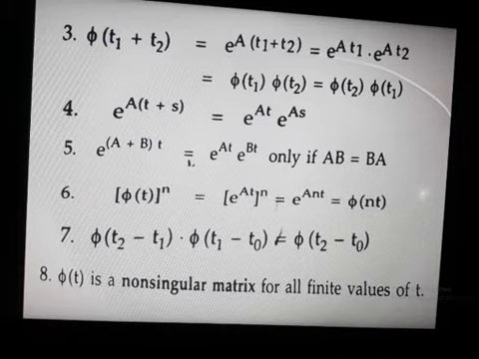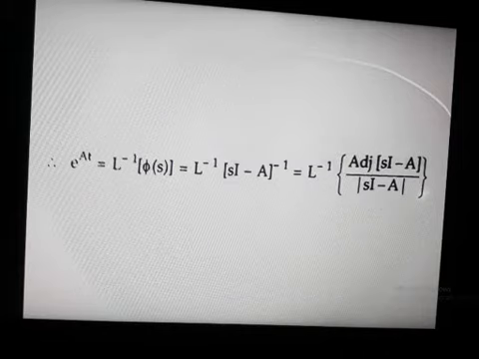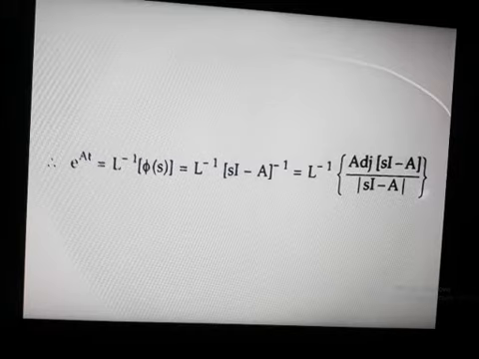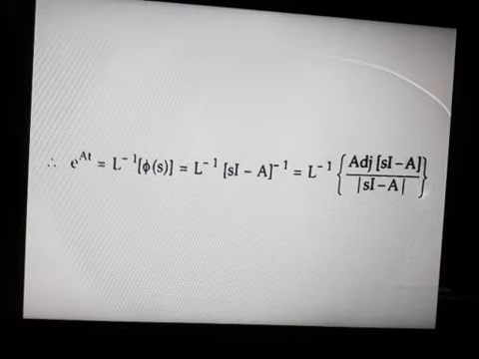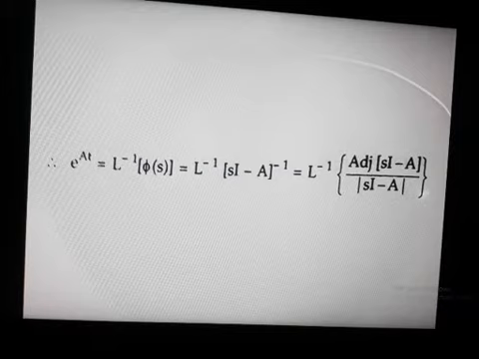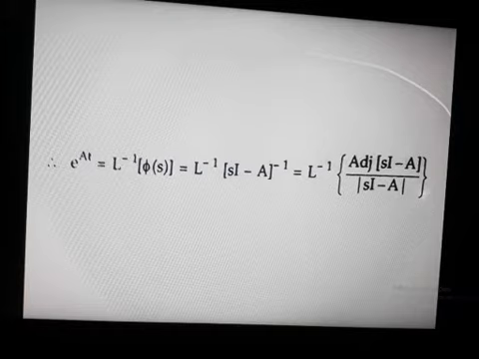Okay. Then if you want to solve problems in the state transition matrix model, you need to find e power At, and we have so many methods. We can use the Laplace transform, the power series method, the Cayley-Hamilton theorem, or the canonical form. Any one method you can use to find this. I use the Laplace transform method here.